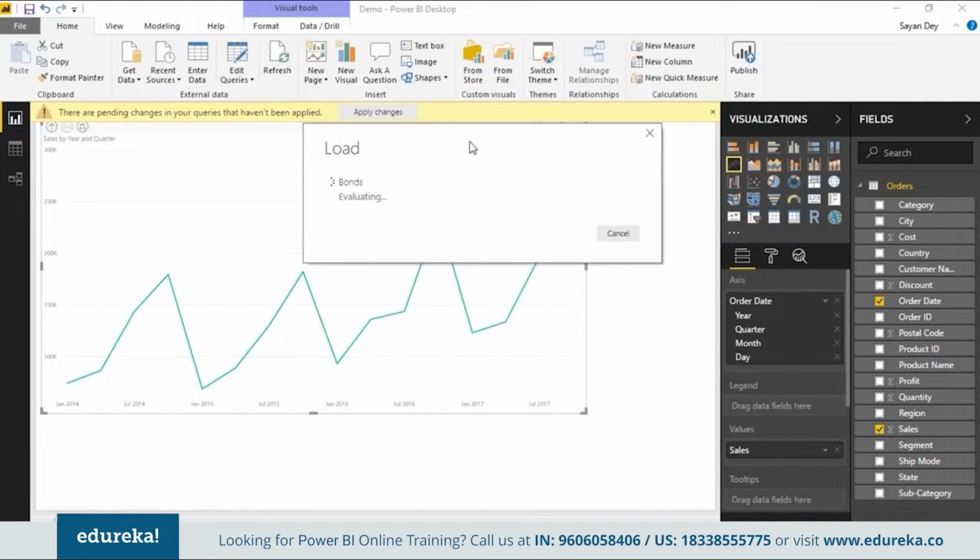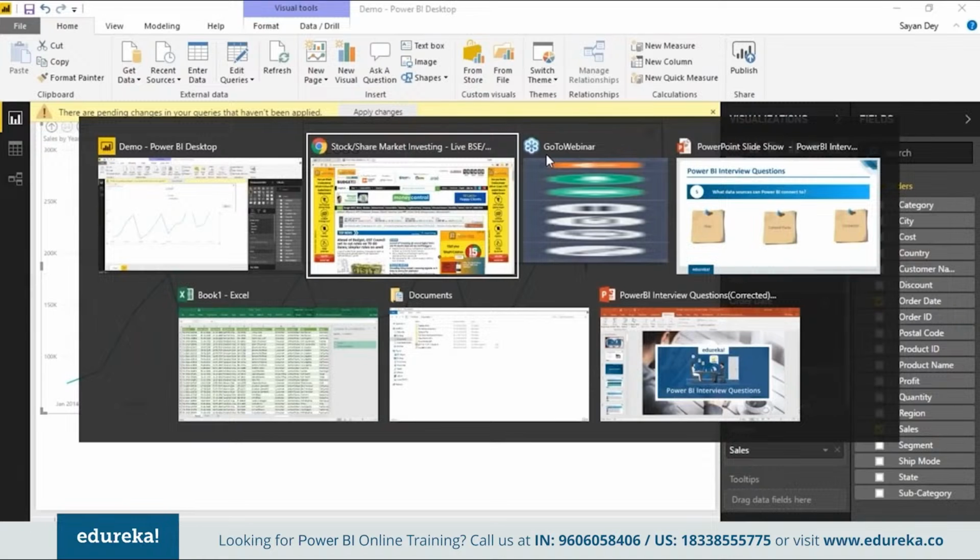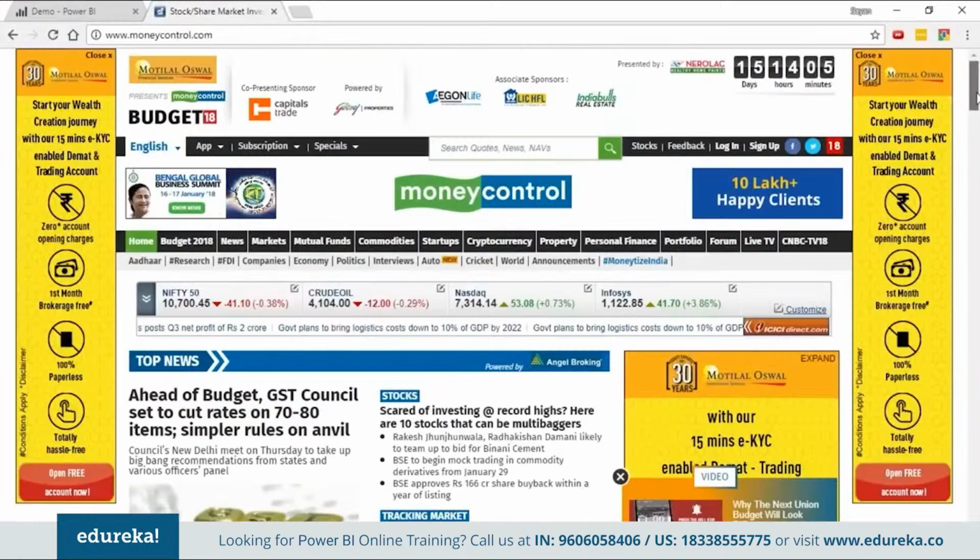It is loading. It further takes some time because remember, it is taking the data straight from your website. So it does take a bit of time. Just my Money Control site is opened up here. And if you just go down, you can just take a look at this whole piece here. That's the bond section that got loaded. So very easy, nicely, you can see these are tabular structures, the indexes, global markets.